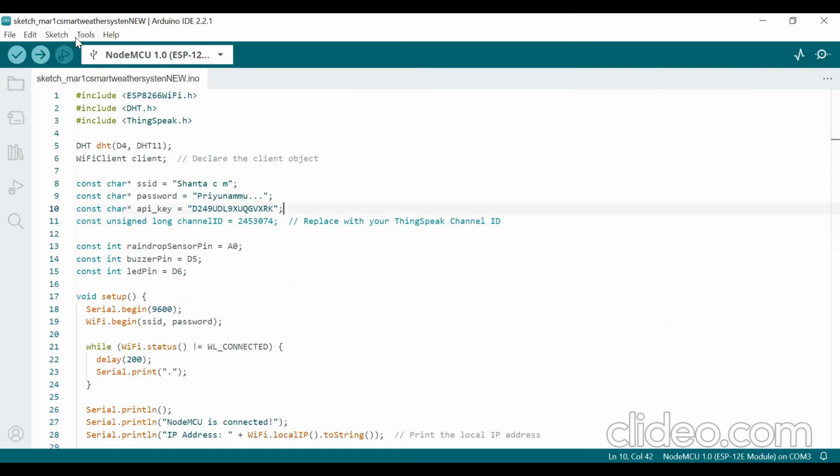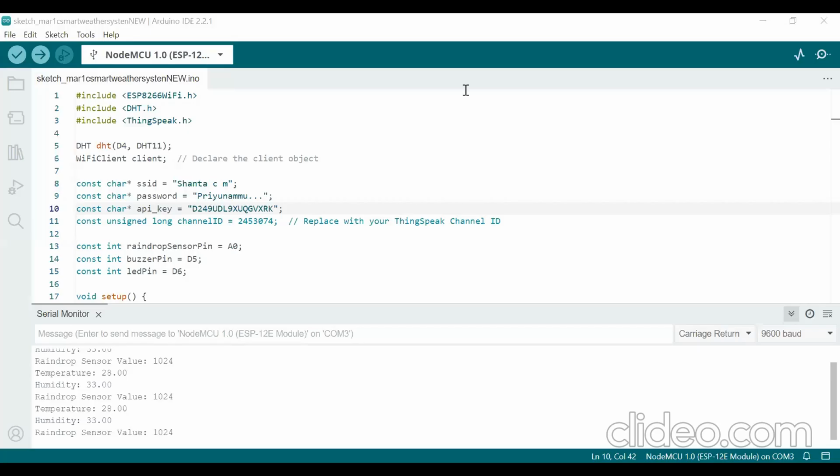Then you upload the program using this option. When you click here, the entire program will be uploaded to NodeMCU. Now I'll click and upload the program. After uploading the program, click on the Serial Monitor, which is there in the right corner, and select the